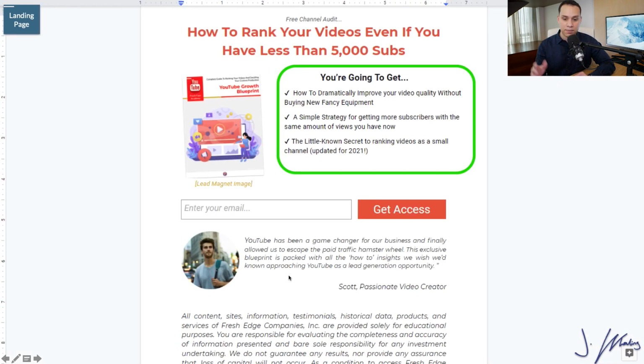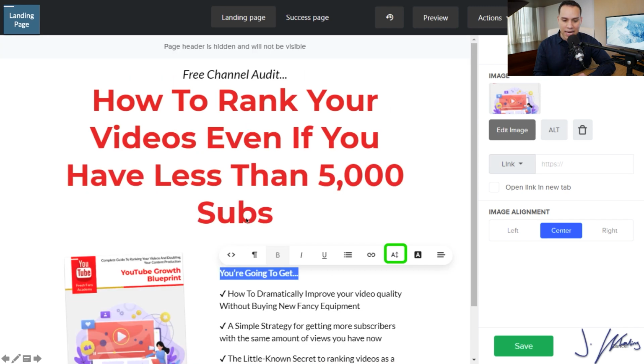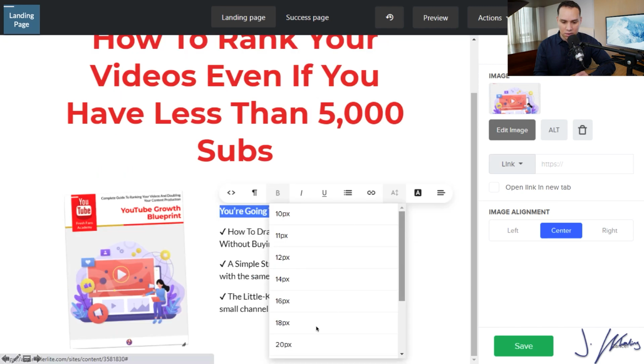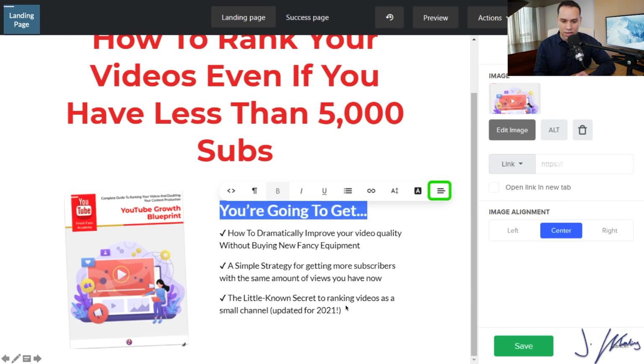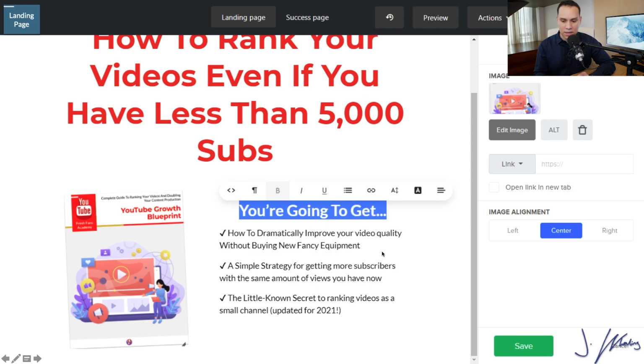So I'll jump back over to my sales funnel organizer or whatever document you decide to use. I will copy all this text, and then I will go ahead and paste it in here. Now, of course, we do want to do some formatting, so I'm going to highlight what you're going to get, and I will change the font size here, so I'll bring it up a little bit to 30, and then I'll go ahead and center the text above the bullet points,